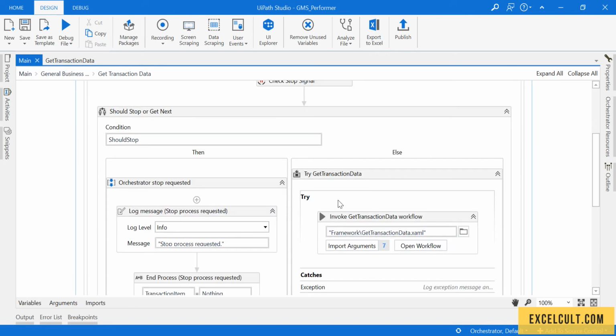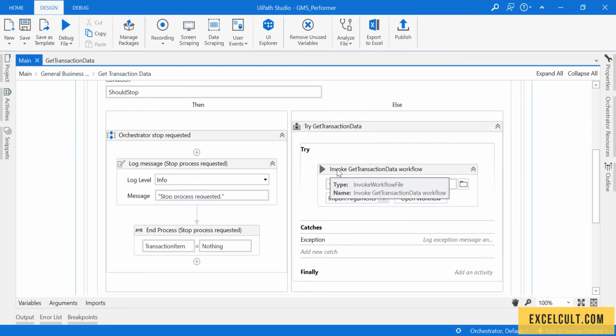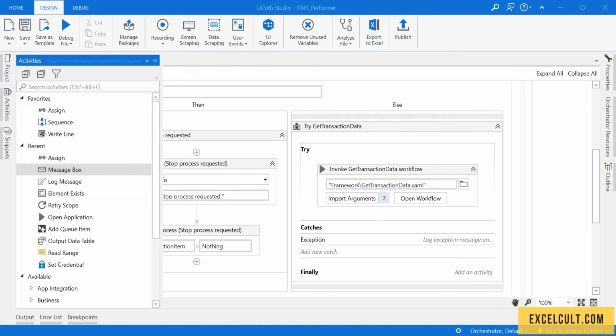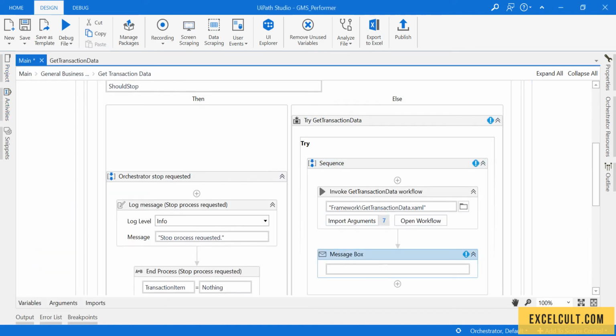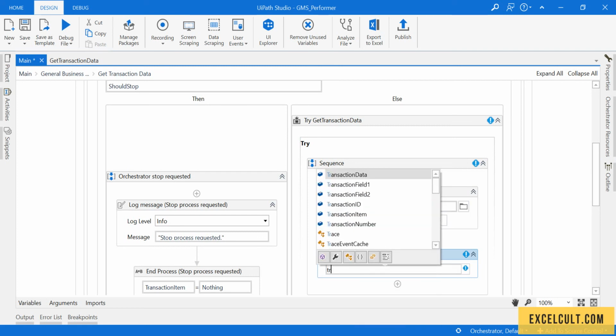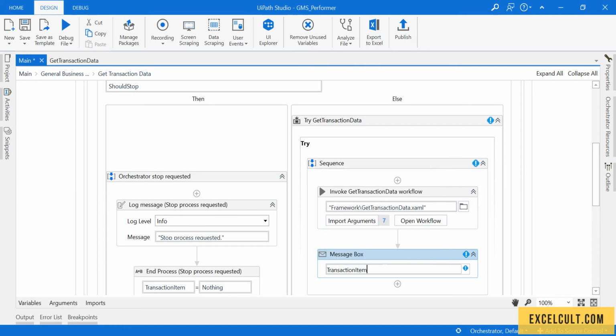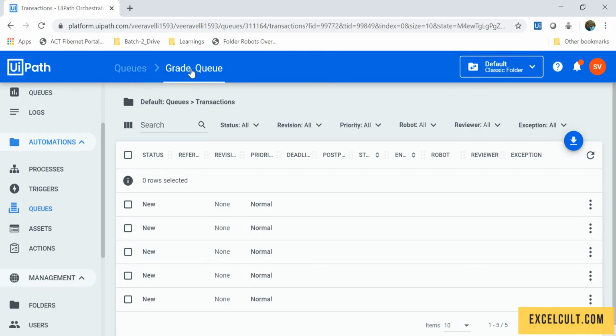Okay, let's have a quick run of it and see whether we are able to get the information out of that. Let me use a message box right here to see if we are able to fetch the information. Here it's transaction item dot specific content. So this is something that we have to use to display something available in the queue. Okay, in this queue, if we are able to fetch this transaction